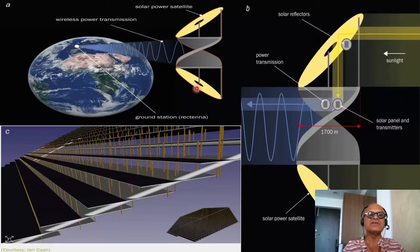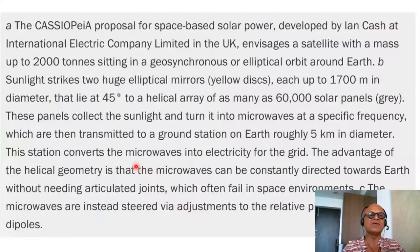The solar power satellite is here, wireless transmission is here, and there is a ground station with a rectenna, which is converting microwaves into electricity. Focusing in on this one, there are solar reflectors, so sunlight is coming in, power transmission is happening down this way, but solar panels and transmitters are together here, and this diameter here is 1700 meters. So this is the solar power satellite that is zoomed in, and then this structure is explained here. The Cassiopeia proposal for space-based solar power, developed by Ian Cash at the International Electric Company Limited in the UK,